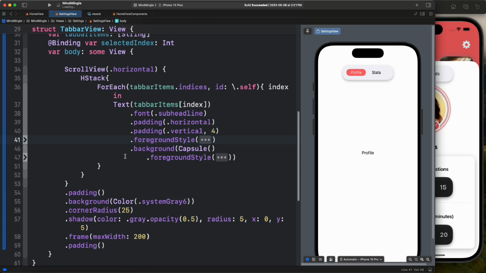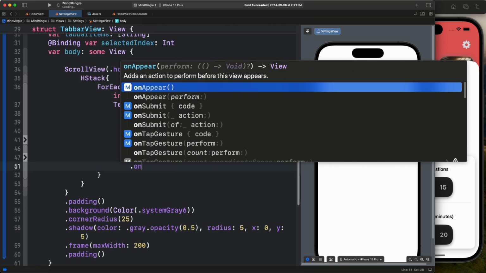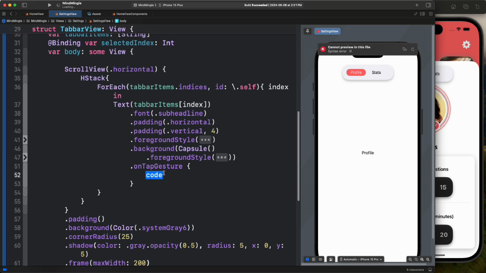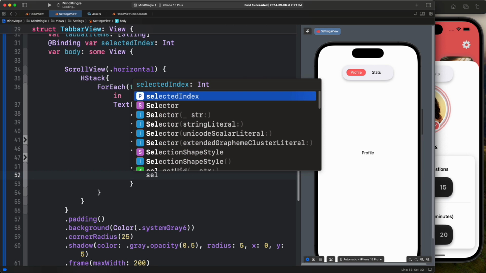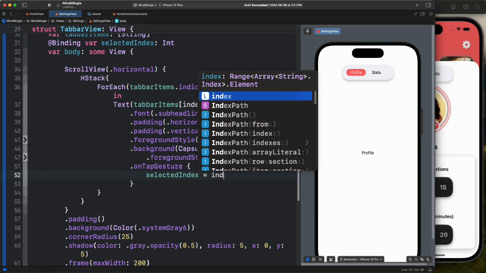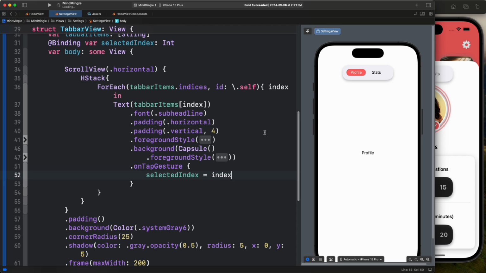So what we want to do is come here and add this onTapGesture. Inside this onTapGesture, we simply want to call this selectedIndex and pass the index. So if I tap on this, the index will be 1, and I will pass this 1 to this selectedIndex. Now that this selectedIndex changes, it will also change the background and also the color of this